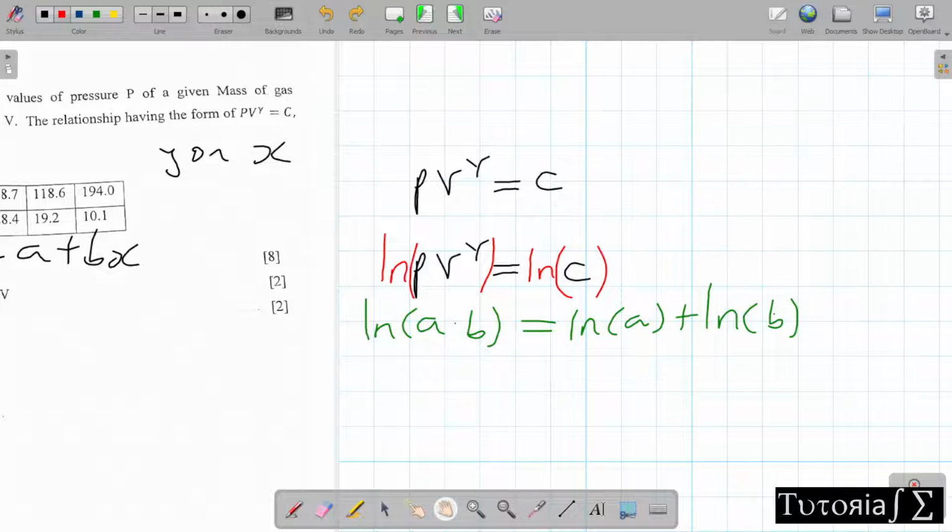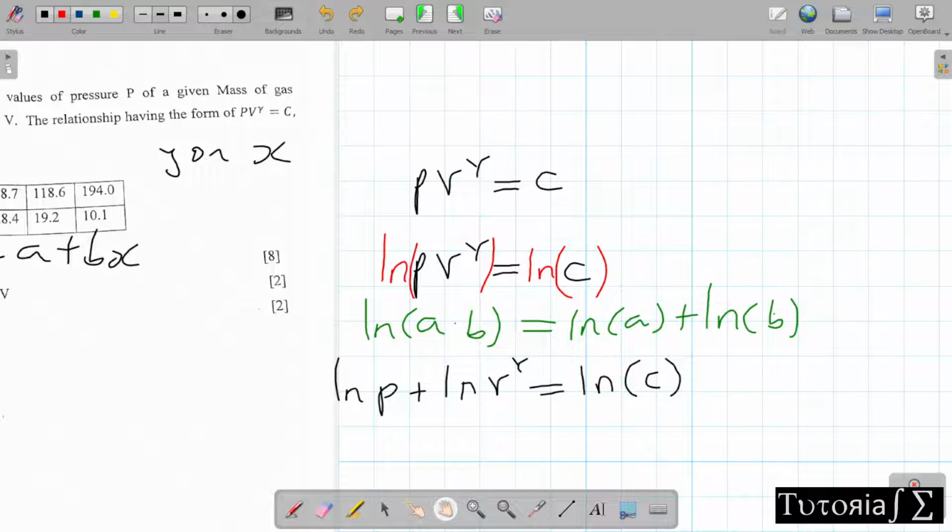Applying this here, we're going to have natural log of P plus natural log of V to the power μ is equal to natural log of C. Alright, so this is how it will come out. And another property from logarithms, we know that when we have natural log of a raised to a power k, we can drop the power. So this would be k natural log of a. So we can apply this property here. So we can drop this μ right here, and we are going to have